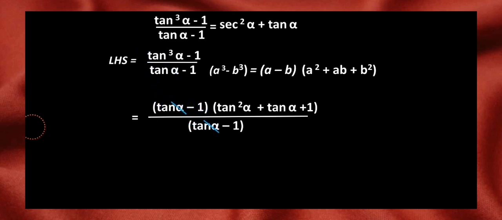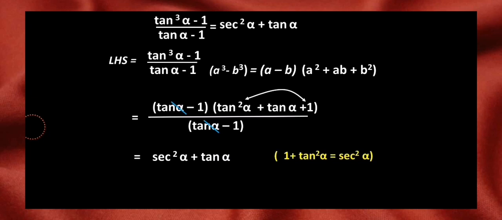So here we are with the next step. We'll cancel it out and further we'll utilize the identity, right? The identity is 1 plus tan square alpha equals sec square alpha, and if we utilize it, wow, that is what the RHS is, and bullseye. I don't think you have any problem in this sum. So stay happy, stay cool.